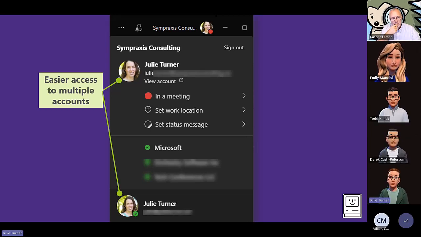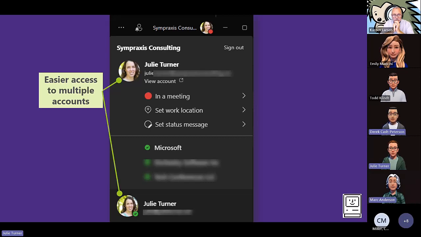This has made my life significantly easier. I was willing to use the new Teams client very early on, when the full fidelity wasn't there, just because of this feature. So I'm a real huge fan. Derek, do you have anything to say about it? I love it. And it works on the Mac. It does work on the Mac. Happy Mac. It is super speedy on the Mac, and it is full feature parity here. And I agree with Julie, huge game changer for me trying to access the million tenants that I'm in.